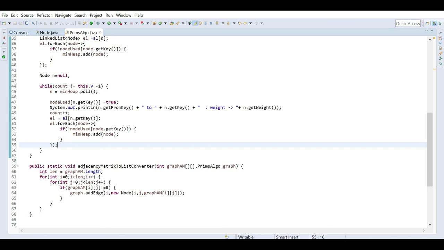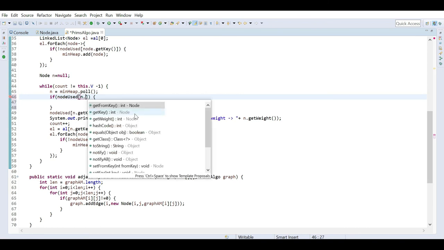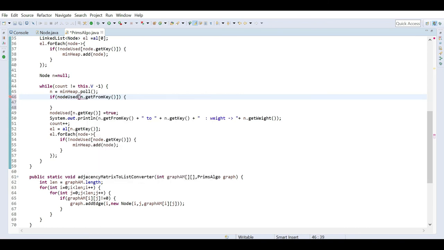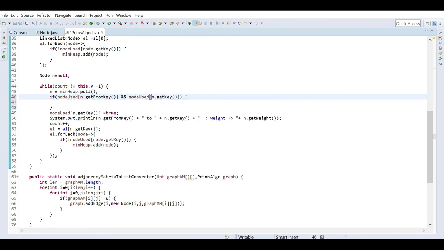So how we can do this is, after finding the minimum edge, if I can see this node is already used by this from key, meaning from where I'm coming, so that edge is already visited from both ends, then we will continue.